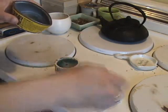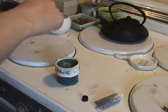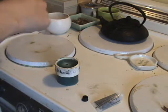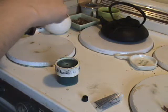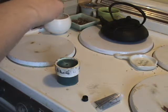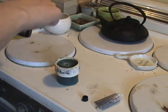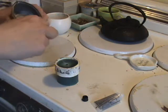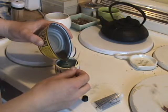What the hardener does is it causes a chain reaction within the resin. It's a catalyst that will make it harden. Using the toothpick, we mix it up. And then we pour it into the access hole on the mold